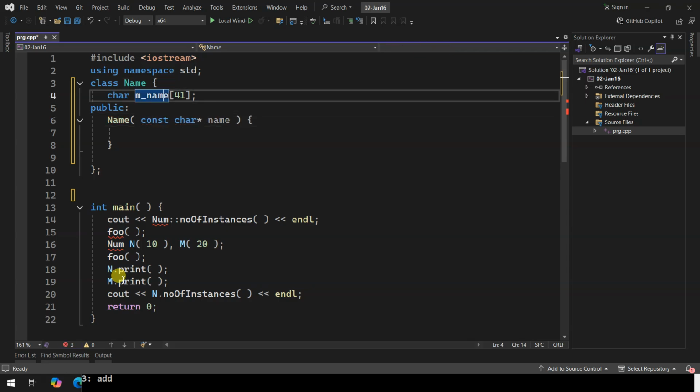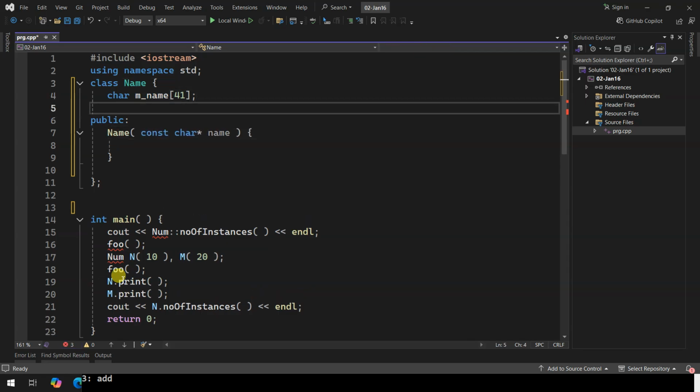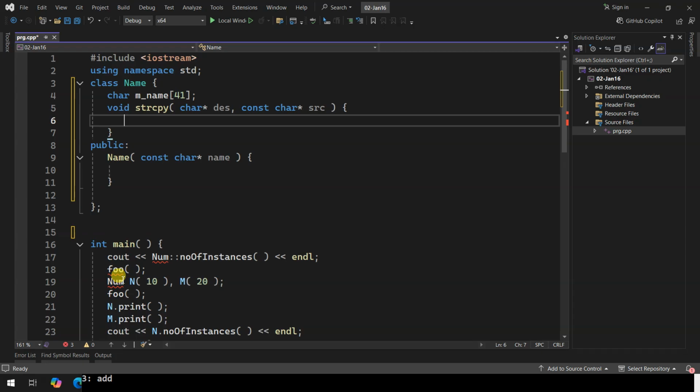But I don't want to use the string header file because of all the security warnings that I'm getting. So I want to write a function that copies a string for me for name. So what I'll do over here, I'm going to say void strcopy, and in here a character pointer destination and a constant character pointer source.